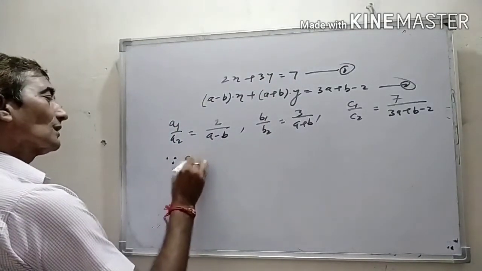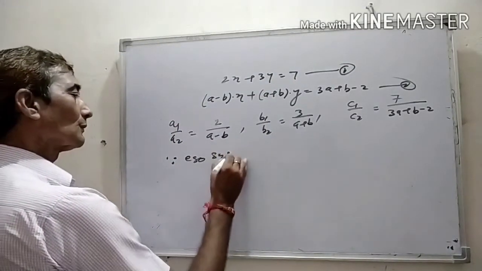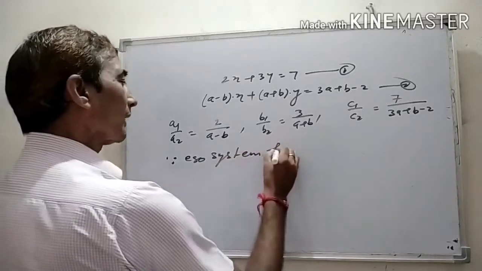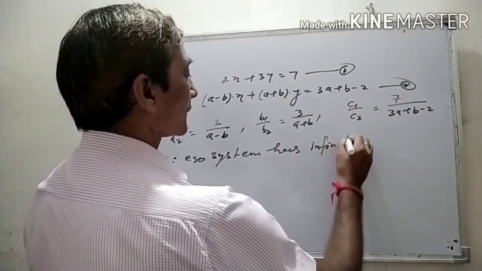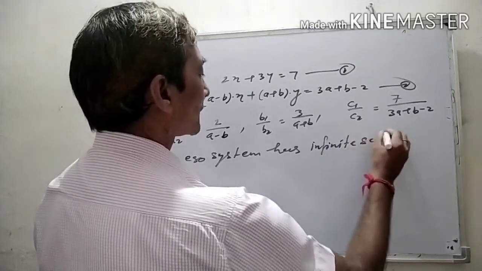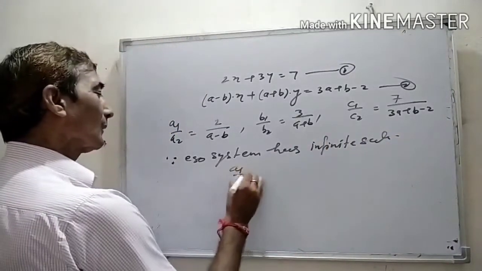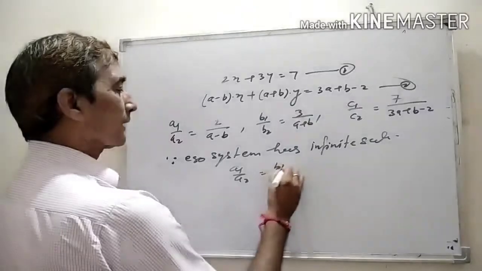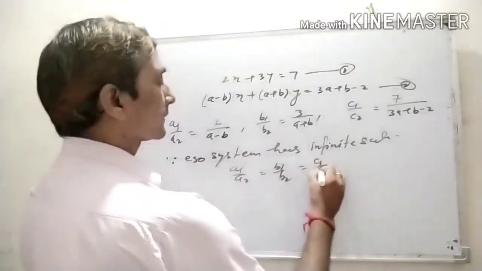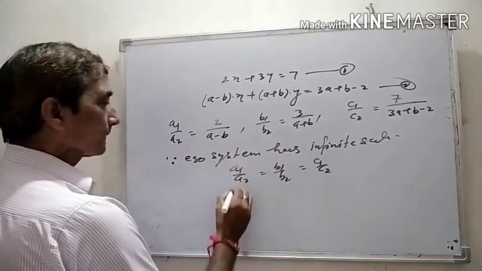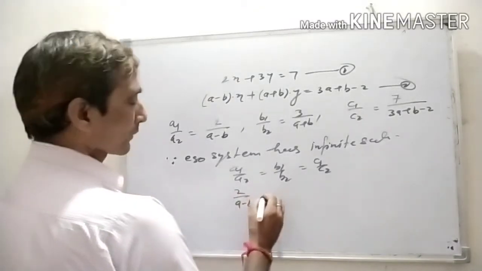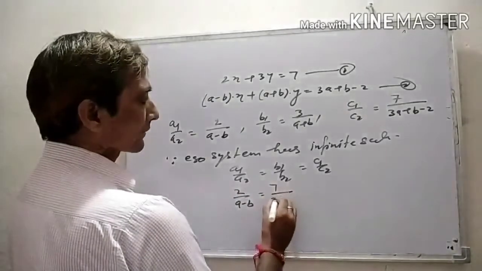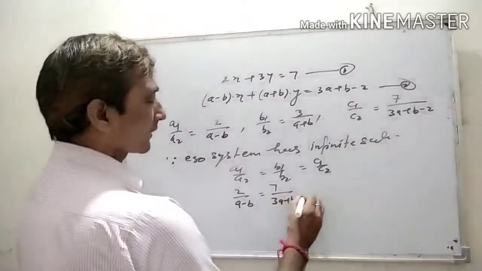Since the equation system has infinite solutions, therefore a1 by a2 equal to b1 upon b2 equal to c1 upon c2. Now if 2 upon a minus b equal to 7 upon 3a plus b minus 2,